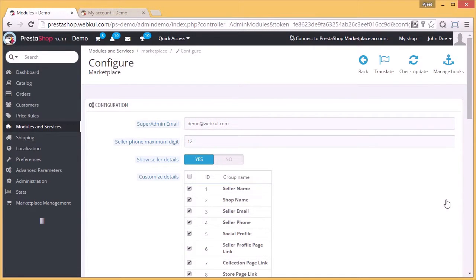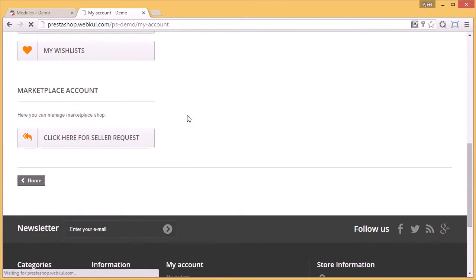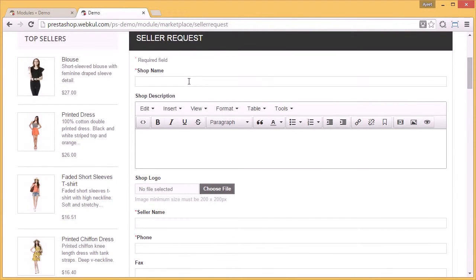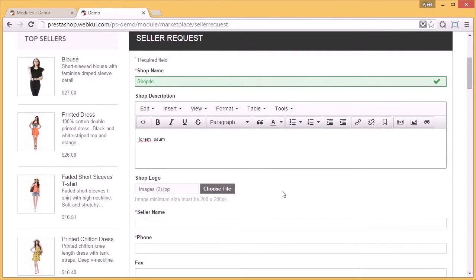Now to check the flow of the module, we have to go to the customer account, where he can send the seller request to become a seller on your store. For that, he has to fill a form. Let's fill the shop name, then the shop description, after that the shop logo, then the seller name,